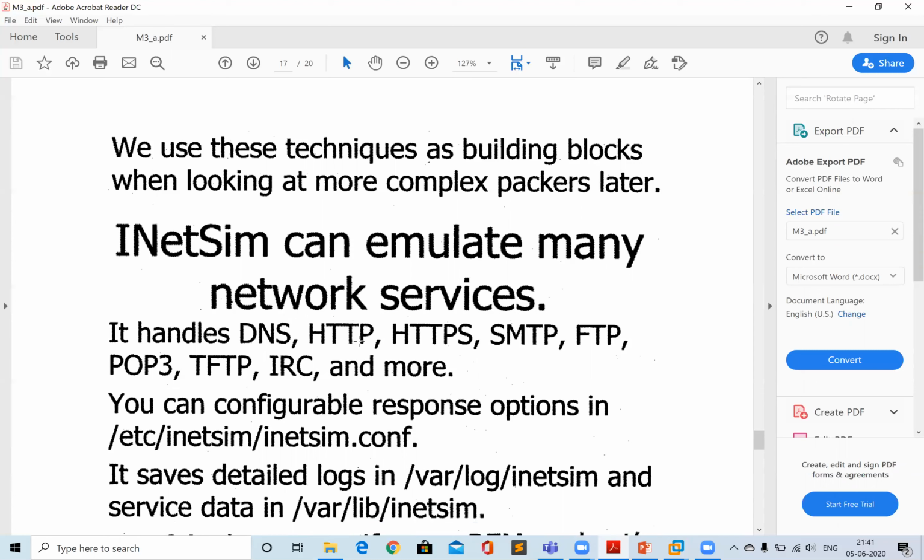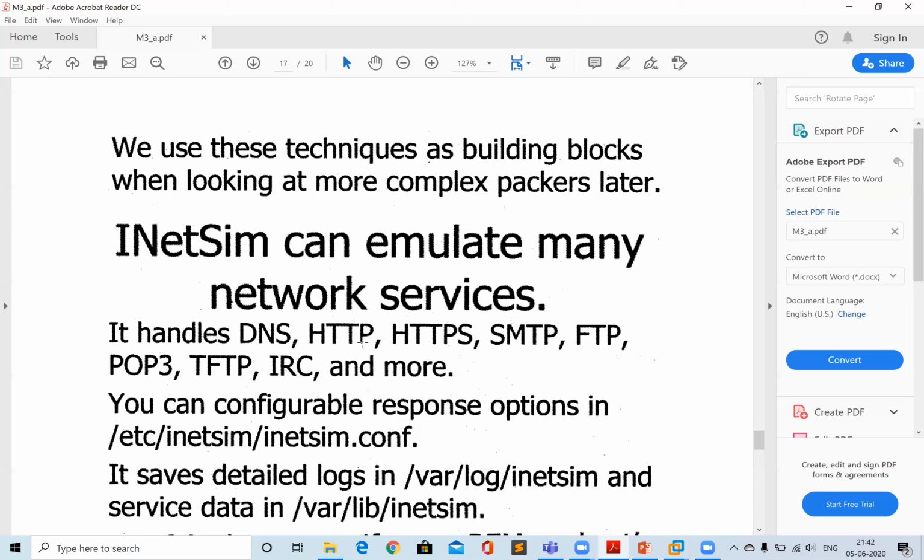Even in a scenario where the malware is trying to download a file from the internet, since you have set up a fake network in the Linux operating system, the malware won't be able to download the new executable. But with inetsim, it will respond to that malware with a fake executable, saying this is the executable you are trying to download, and that will then be executed by the malware for you.